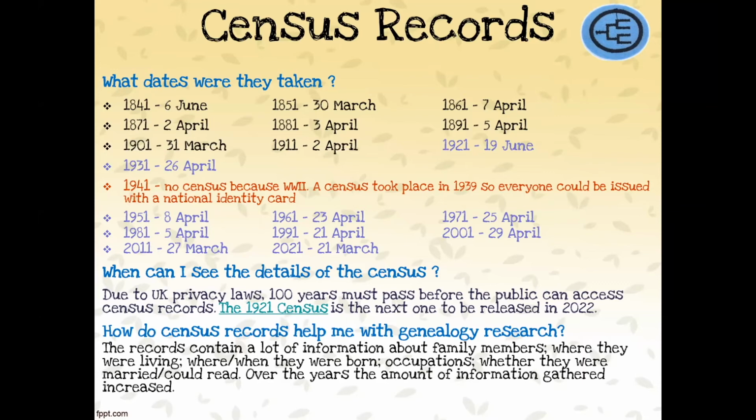It's called a privacy law. What do you think? Why do you think 100 years they would have to wait? One person on Zoom is saying so that they can all die. There we go. The chances are that in 100 years' time, most people will already be dead. And so they won't have to protect their privacy anymore because they've collected information about these people, but they've waited 100 years. And so most people, not all of course, but most people will be dead.